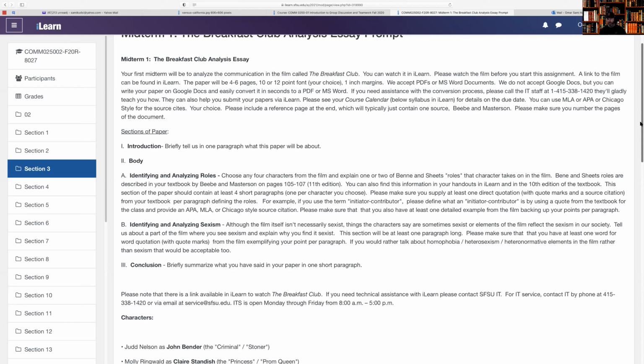Please make sure that you have at least 1 word for word quotation with quotation marks from the film exemplifying your point per paragraph. So this is where you're going to actually quote the film and then tell us what's sexist about it. For example, there's a part where John says to Claire, why don't you go back to the mall and just go shopping? That's a quote, I think, roughly what he says.